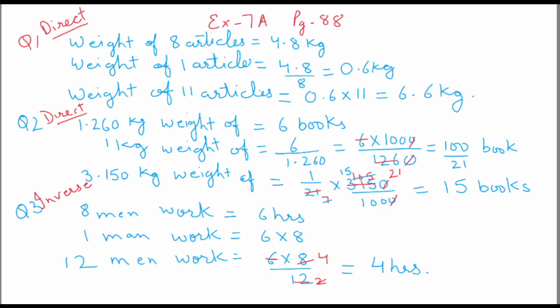Moving to the next. Now we are at question number 4. If a 25 centimeter long candle burns for 45 minutes, so how long will it be burning? It will be reducing. Even the candle will reduce. So how long will another candle of the same material and the same thickness but 5 centimeter longer than the previous one burn? So this is again a direct method.